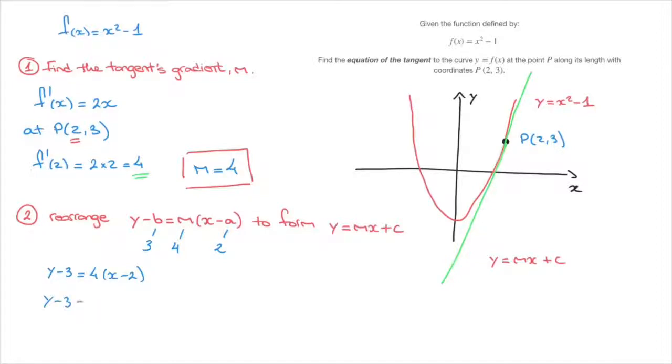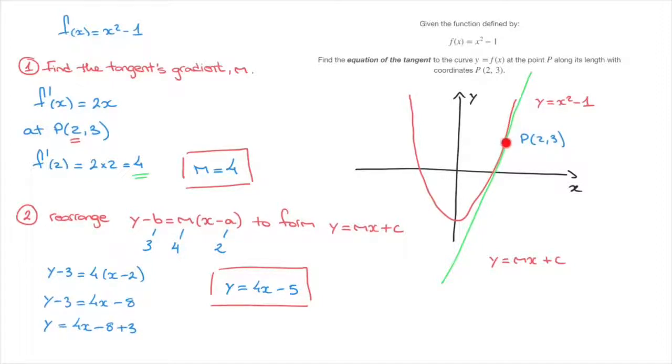y minus 3 equals 4x minus 4 times 2, which is 8. And now adding 3 to both sides of this equation leads to y equals 4x minus 8 plus 3. Finally, we can state that this tangent's equation is y equals 4x minus 5. And we're done. We now have the equation of the tangent to this curve at the point P with coordinates